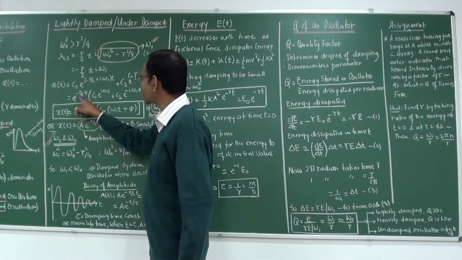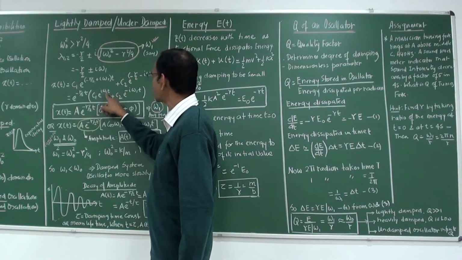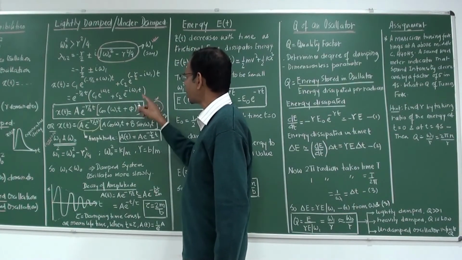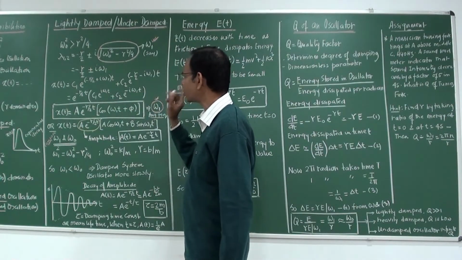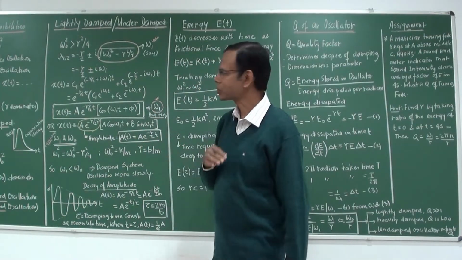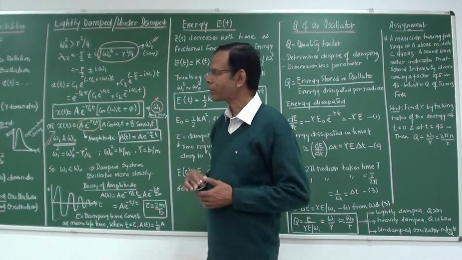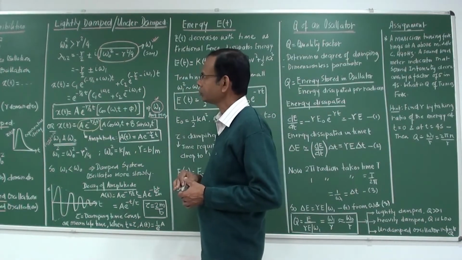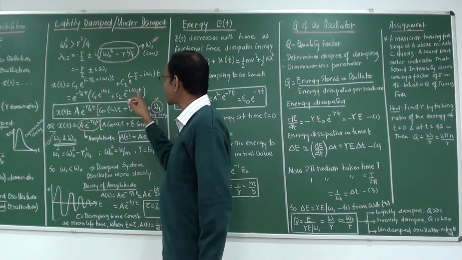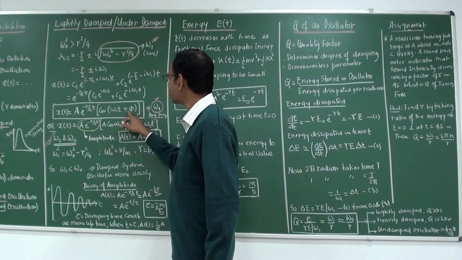So e to the power of minus gamma by 2 t I take common. It is c1 e to the power of i omega 1 t plus c2 e to the power of minus i omega 1 t. Now whenever you see e to the power of i, you must remember that this gives rise to either sine or cos. E to the power of i theta is cos theta plus i sine theta, all those equations you have read. So this particular quantity can be written as cos of omega 1 t plus phi,